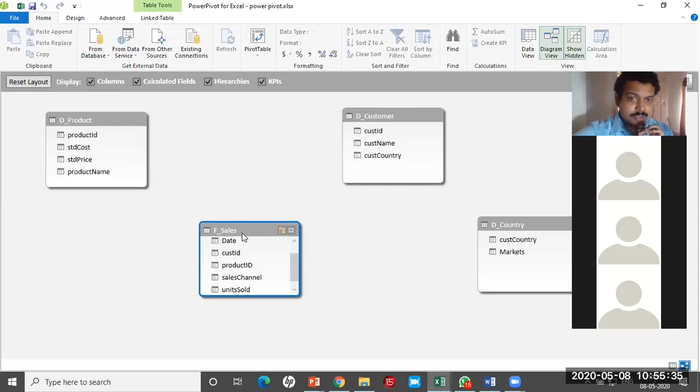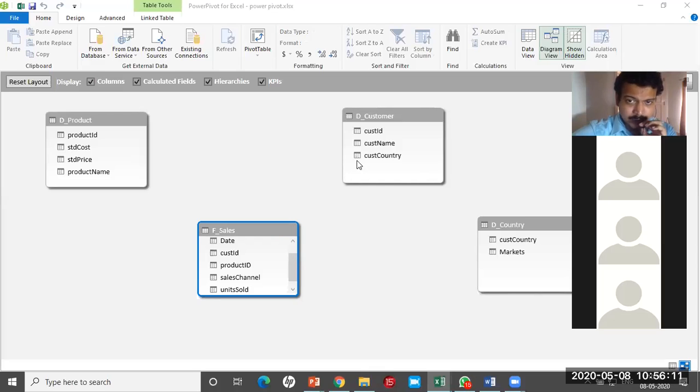If I ask you, looking at a particular sales ID in this sales table, who is the customer, you will not be able to give an answer because this table does not have the customer name. The customer name is available in the dimension table called customer. So I need to look at the customer table and fetch the customer name. Hence, the customer table is called the lookup table in this case.